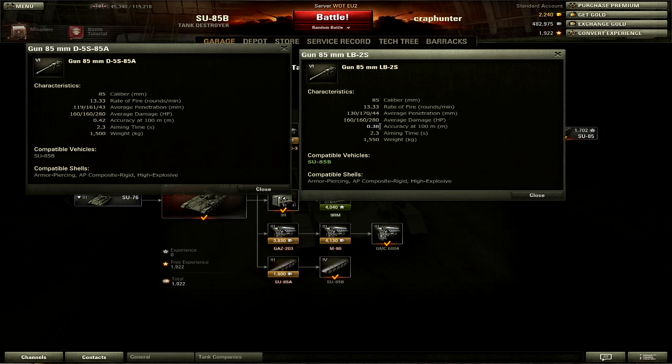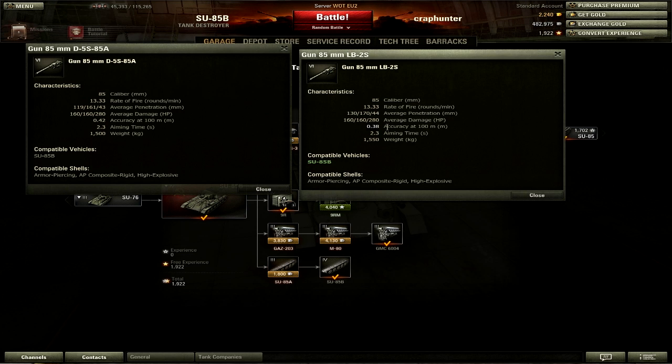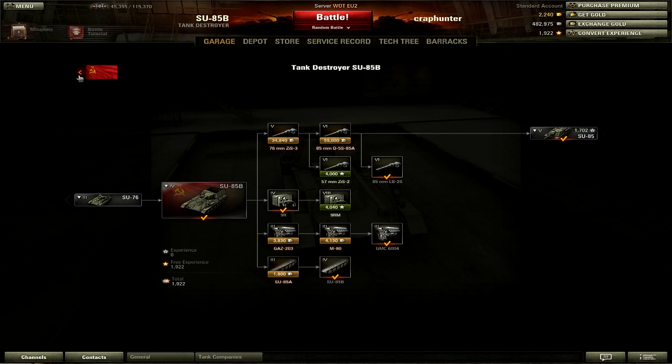It's also got more accuracy. It has 4 meters worth more of accuracy, which is fantastic. The only downside, of course, is that you've still got the 2.3 second aiming time. But that said, take your time with it, and you'll be able to make the shots without problems. Like I said, just be careful when you're using this thing, because otherwise